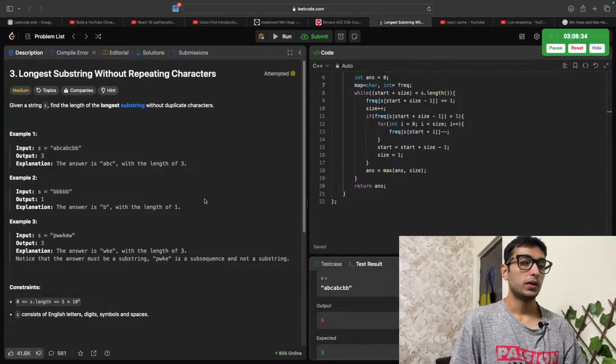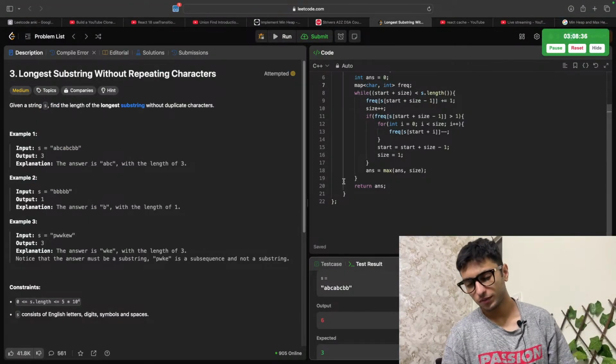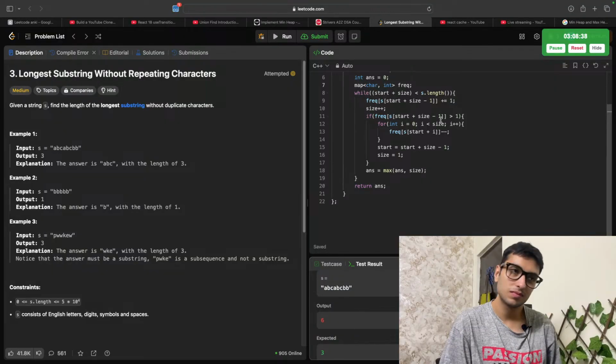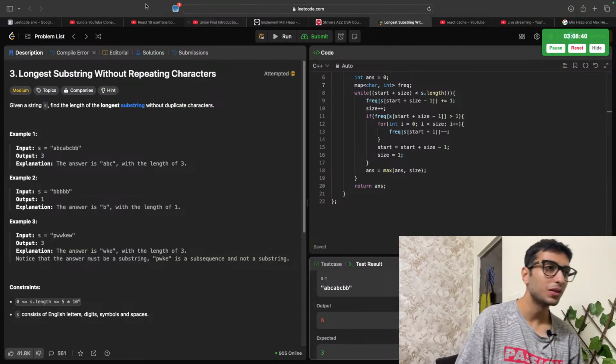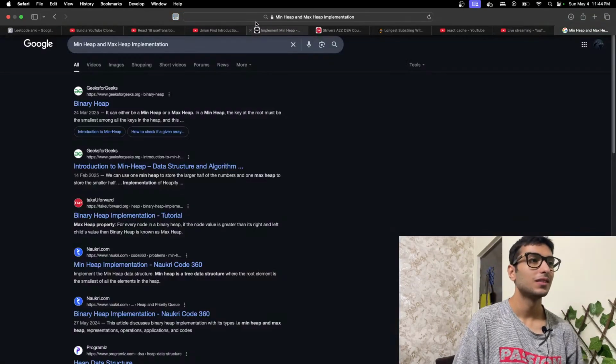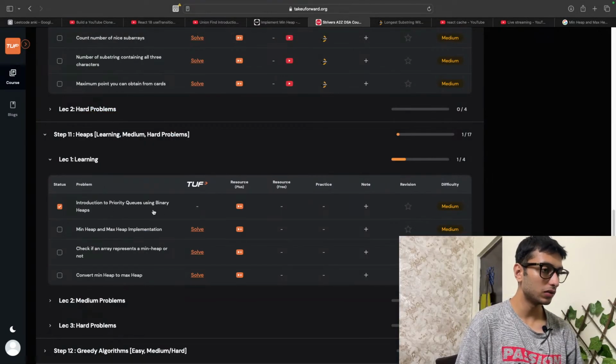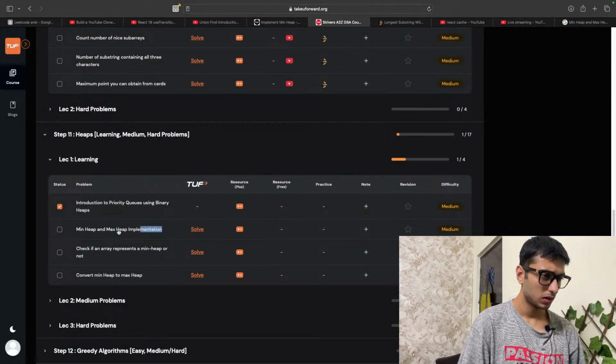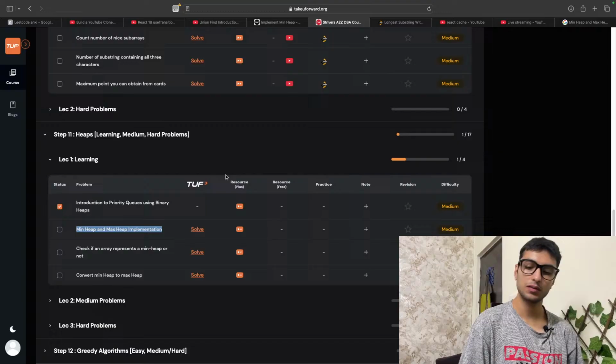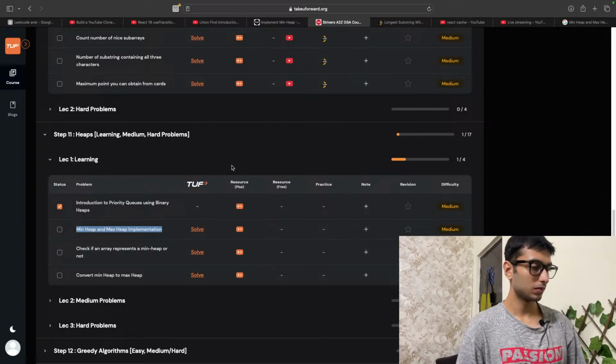Oh, I also tried doing this problem. Introduction to priority queues using binary heaps. Binary heaps, binary trees, binary heaps.